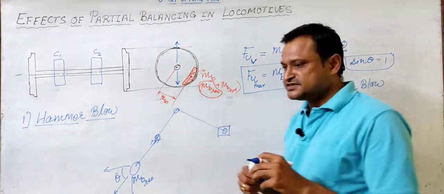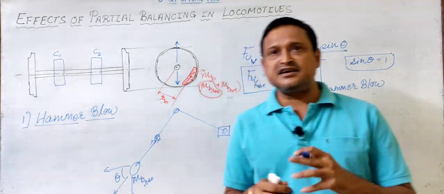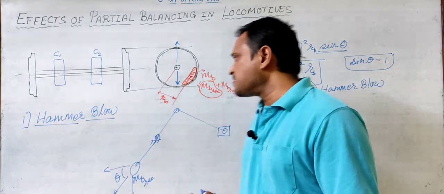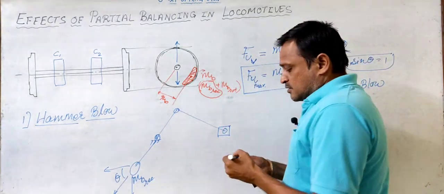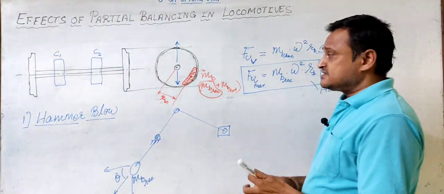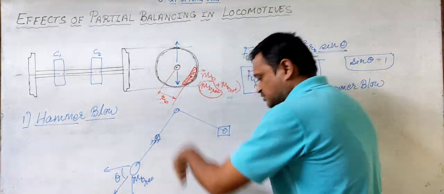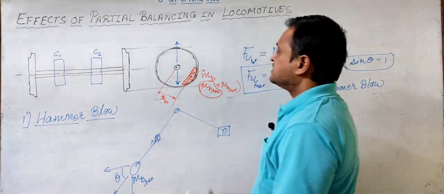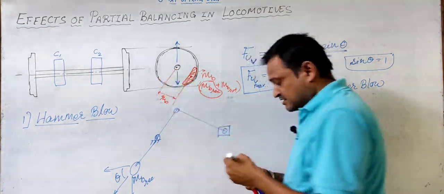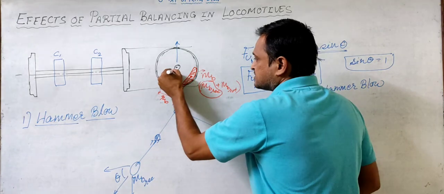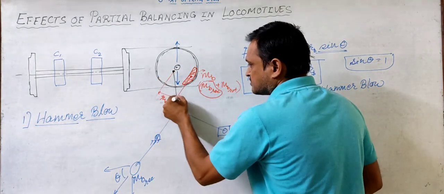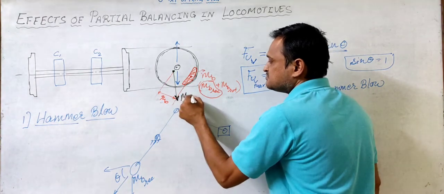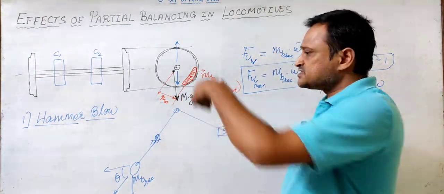So this force, as well as its direction, is continuously changing. Fine. So how is it affecting the system? One effect is that it is putting a pressure on the rail when it is acting downwards. Now in one situation, you see the dead load is also acting. If it has some mass m, then this mg is the load